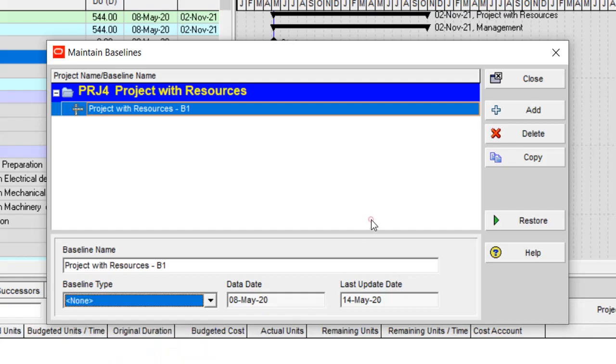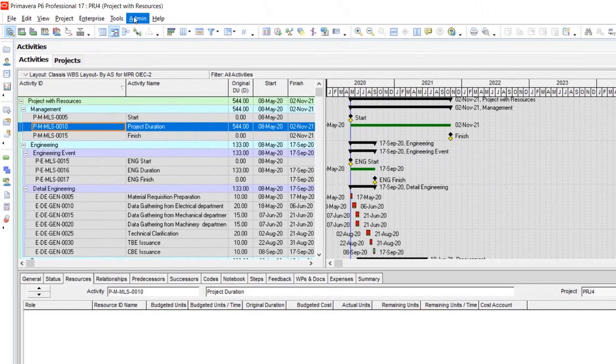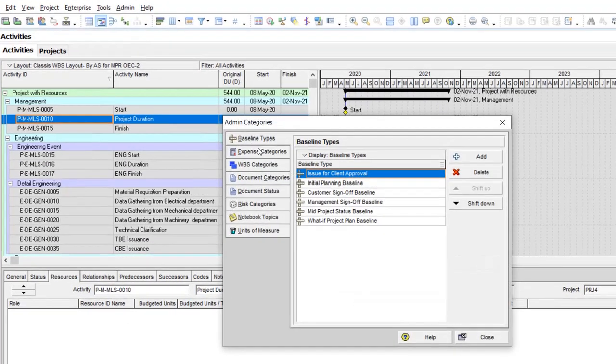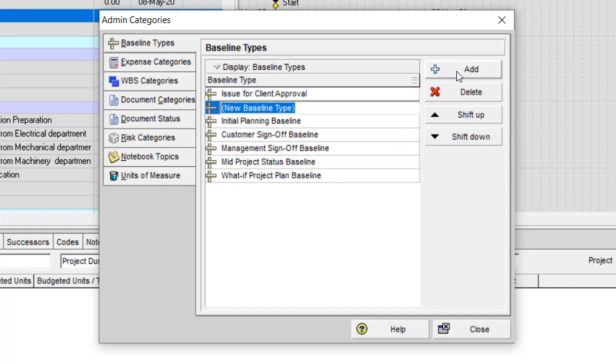So you can close this dialog box, go to admin categories and use baseline types. I create issue for client approval on my own. If you check it with your Primavera P6, you do not have this on your PC. I create another one,